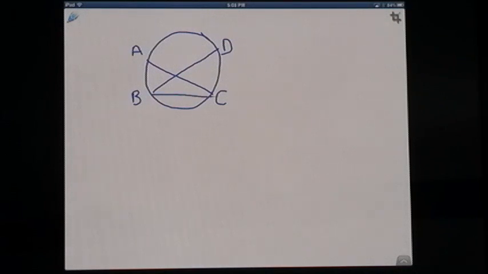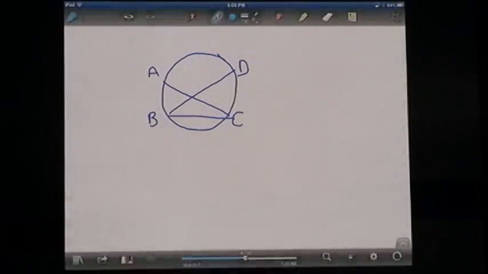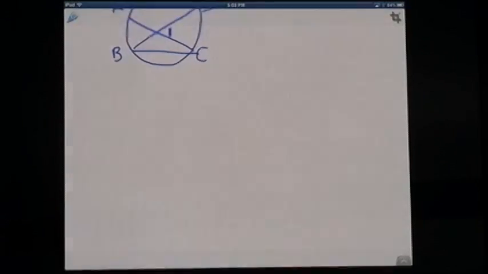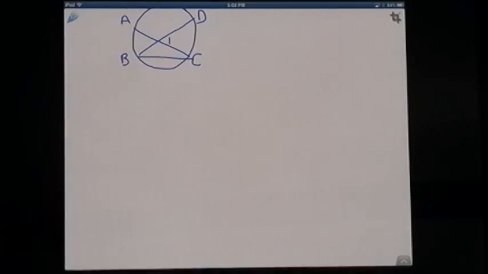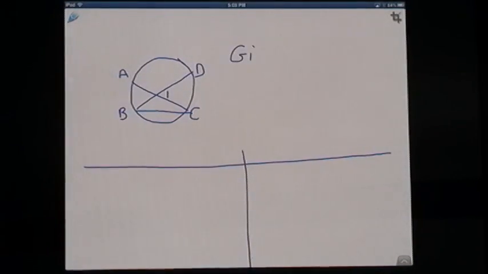Now, if you were in class to do this, you're much better off because I could really help you. I really want you to stop the video and think about what I'm saying. Don't just run straight through it. See if you can figure out what you're to do. Okay. So you should have drawn the figure, and you should have given